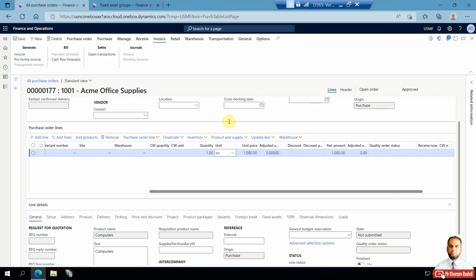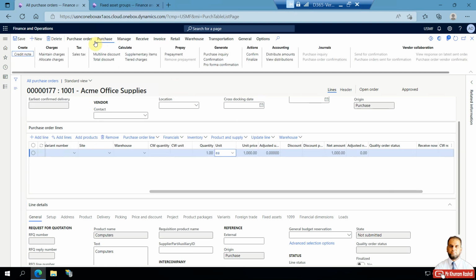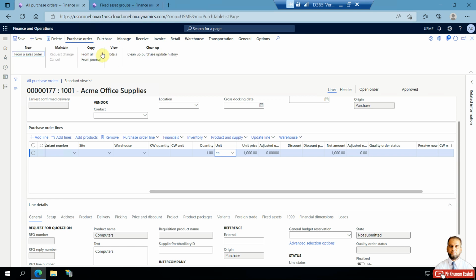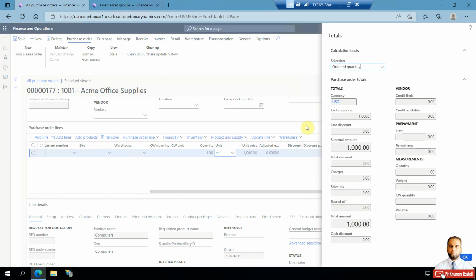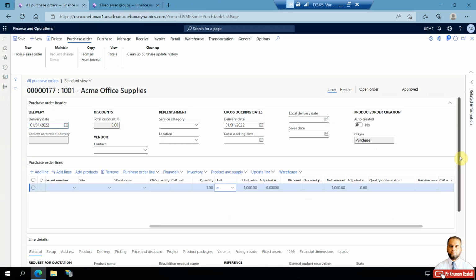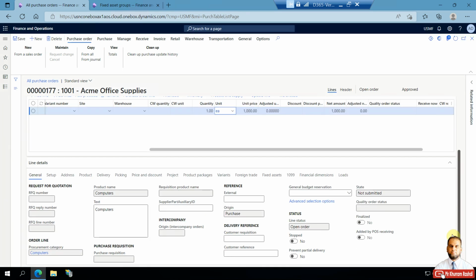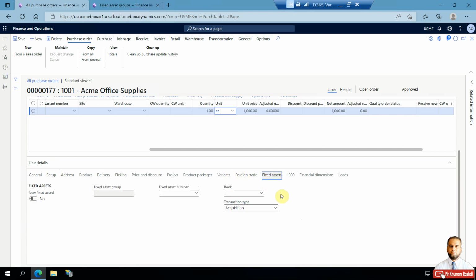Once I have selected this, I can check my totals by going to the purchase order action pane, and here I can see 1000 is USD and the total amount is also 1000. Okay, at the bottom you can see in the line, once you select any line, the line details are shown. There you can go to the fixed asset tab, and in the fixed asset tab you need to select new fixed asset here